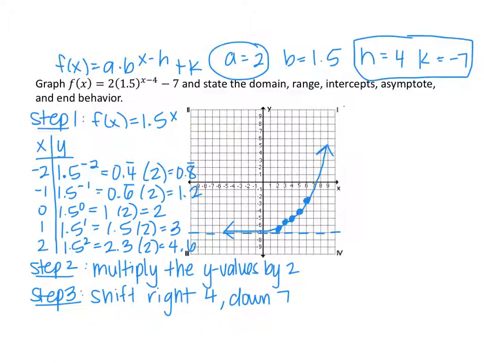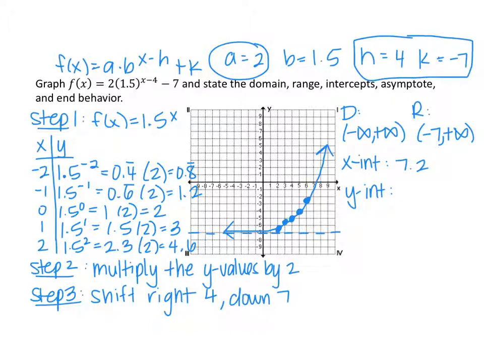And the last thing I'm going to do is list the characteristics. I'm going to put D for domain. Range. So the domain is all real numbers from negative infinity to positive infinity. The range, all the y values on the graph are above negative 7, so negative 7 to positive infinity. I'm going to write the intercepts. The x-intercept for now, until we get to the end of the unit, for now we're just estimating on the graph. It looks like it's between 7 and 8. I'm going to put about 7.2. Looks a little closer to 7. And then the y-intercept,